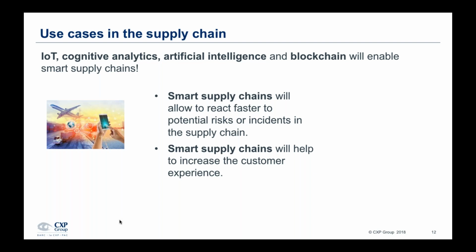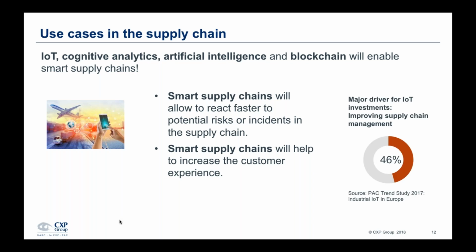So to address the traditional challenges of supply chain management, as well as the new challenges, supply chains will have to become smart in order to support these new dimensions of speed and transparency in the supply chain. And I would like to share with you one more survey result in this context, which is that 46% of manufacturers consider improving supply chain management as a major driver for investments in IoT. And like mentioned earlier, automation of processes will become major important for manufacturers, and the same applies for the automation of B2B transactions in the supply chain.